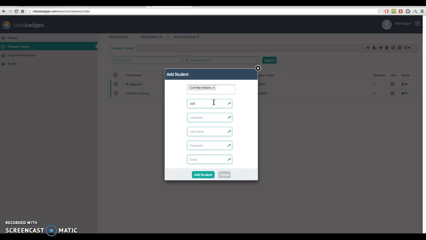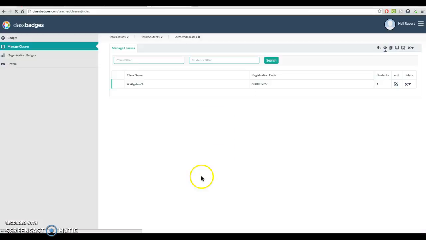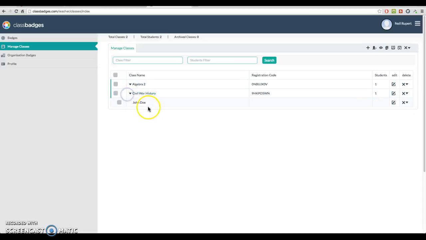We'll click John. We'll call him Doe. The username will be jdoe5874. His password, and then it'll notify him by email after he is awarded any badges. So jdoe4875@gmail.com. So we'll add the student. And if you verify that the student is in your class roster, you can go over to badges,